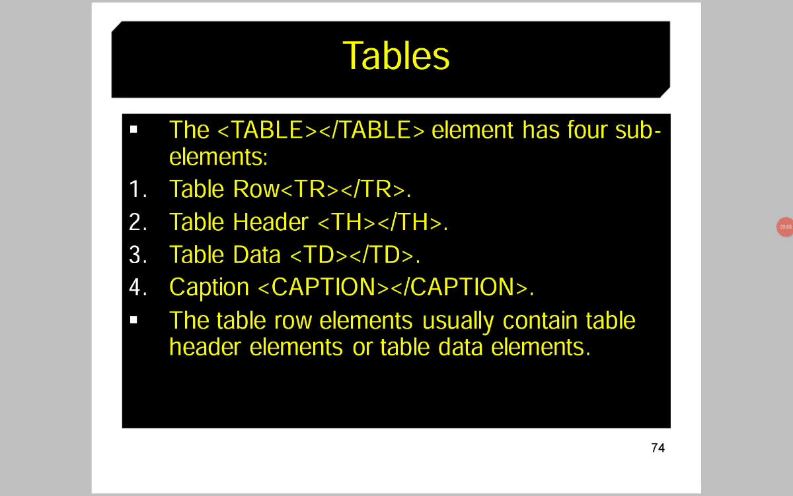Similarly, a table row is nothing but a collection of all the cells in a row of a table, and table rows are generally created with the tr tag. And table headers are created with